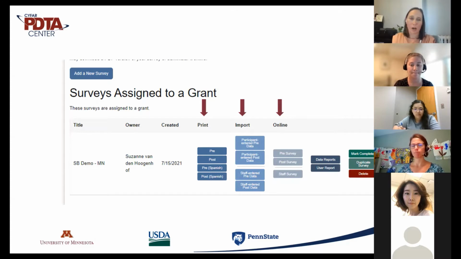The three most important columns at the beginning are print, import, and online. If you look under print, you see pre-post, pre-Spanish, and post-Spanish. These buttons will give you the PDFs of the measures that your age group is required to complete at the pre and post test. So for children, if you click on pre, you will get a PDF with the resilience